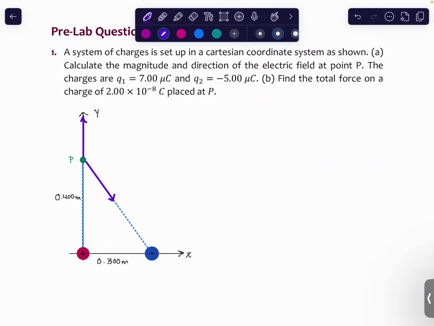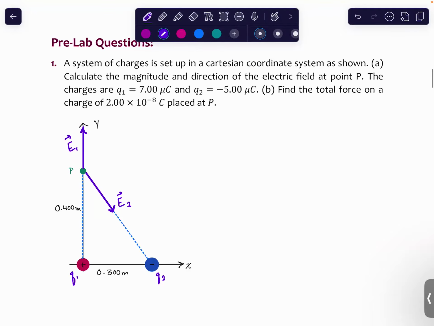So let's see, charge one. This is Q1 from the problem. This is Q2. So that means that this is electric field one, and this is electric field two. Now from here, you're going to find the magnitude of both of these and then turn them both into vector component form. And then for the total,